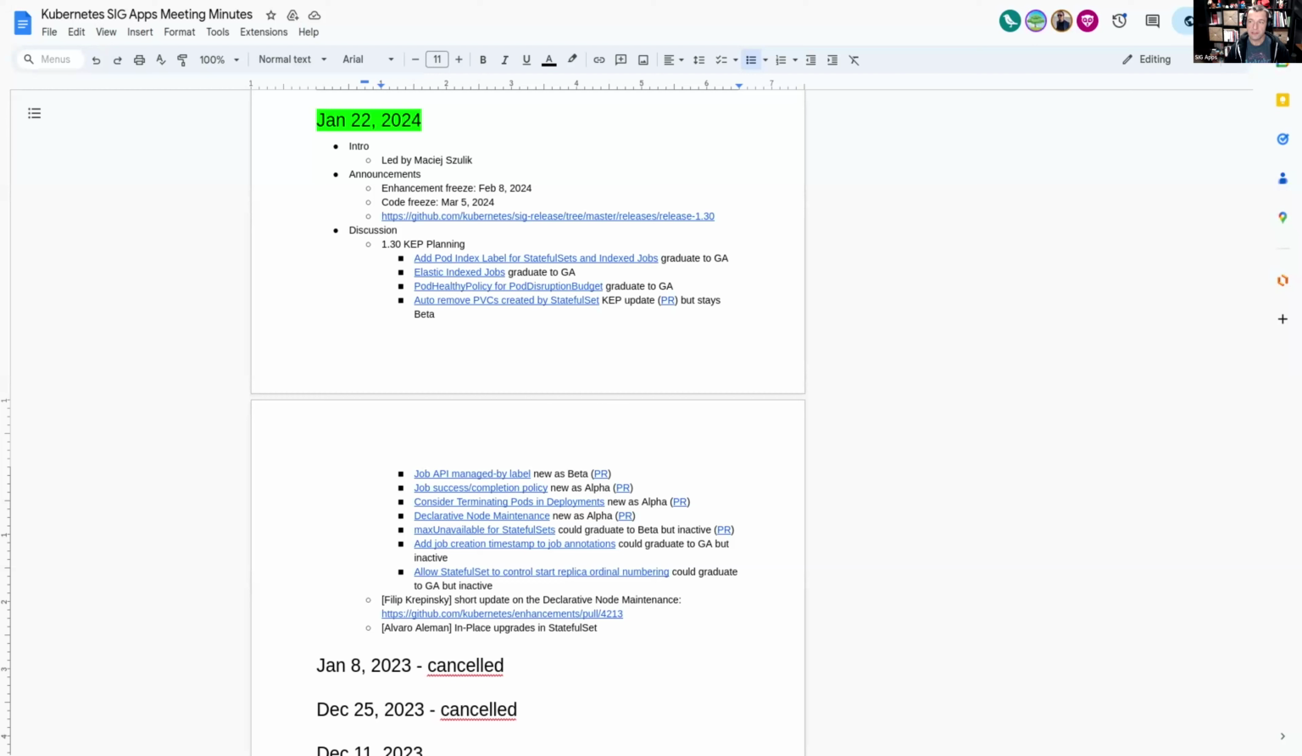The enhancement freeze is February 8th, which is 2.5 weeks from today. So make sure that all your caps are ready for reviews and merge by that date. And then the next important date is code freeze, which happens to be March 5th. There's another freeze happening after the code freeze, which is a test freeze, but that is only for test changes,